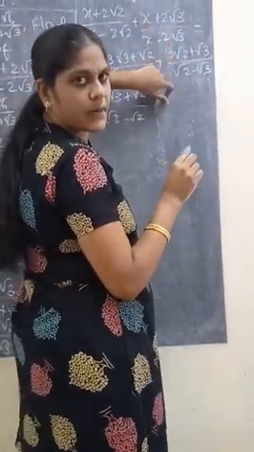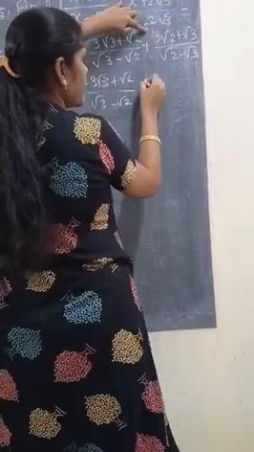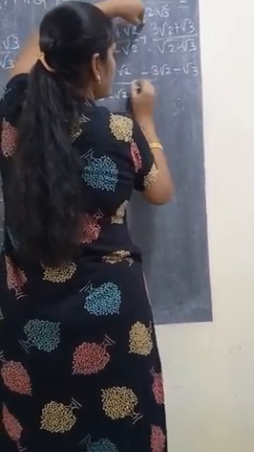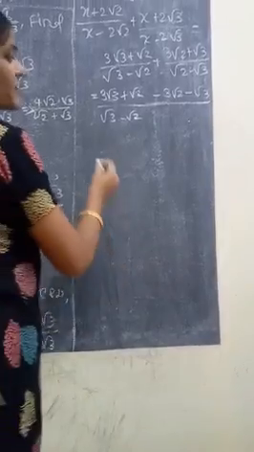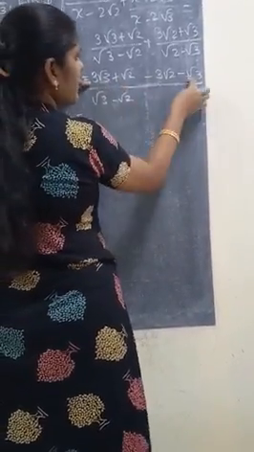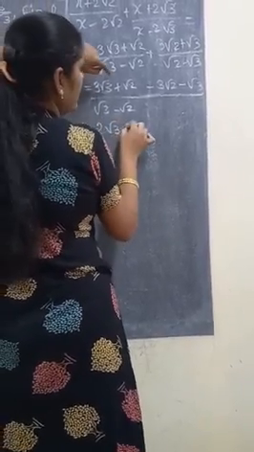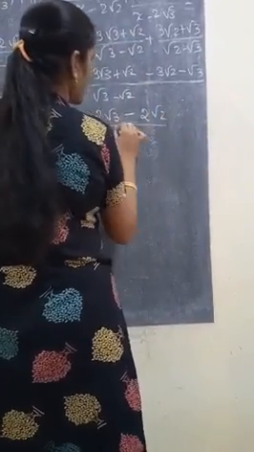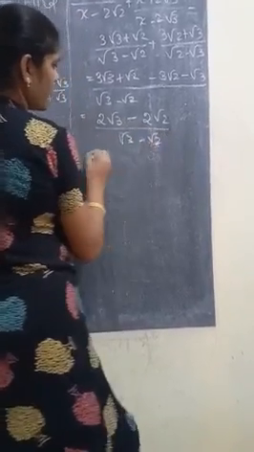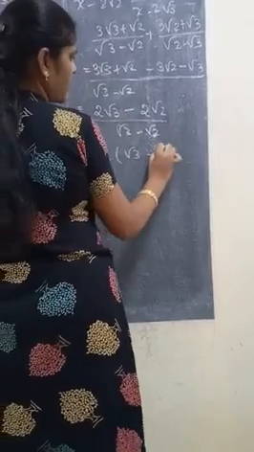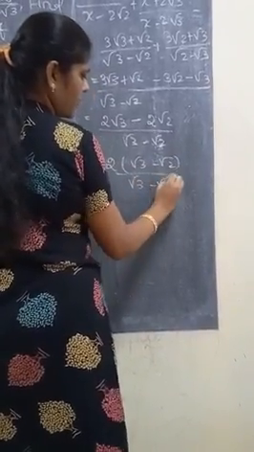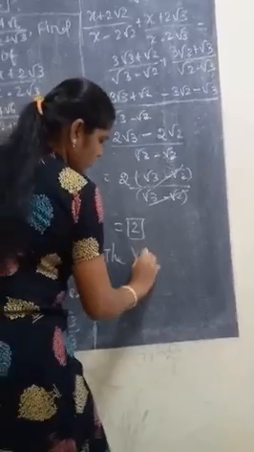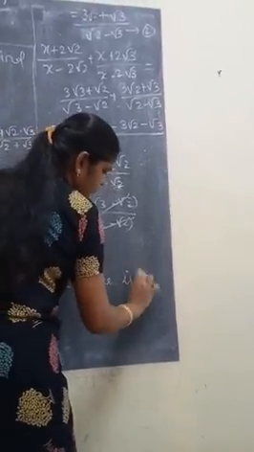Here both the numerator and denominator can be multiplied by minus. So if you multiply by minus, 3 root 2 minus root 3, the denominator is the same, root 3 minus root 2, if you take LCM. Next 3 root 3 minus root 3, 2 root 3. Here minus root 2 minus 3 root 2, 2 root 2, divided by root 3 minus root 2. Next take 2 as common. Remaining term root 3 minus root 2 divided by root 3 minus root 2. So these two terms cancel, and the answer is 2. So the value is 2.